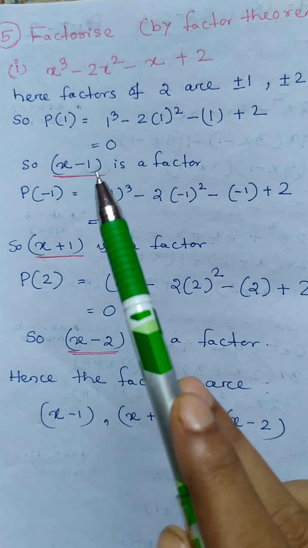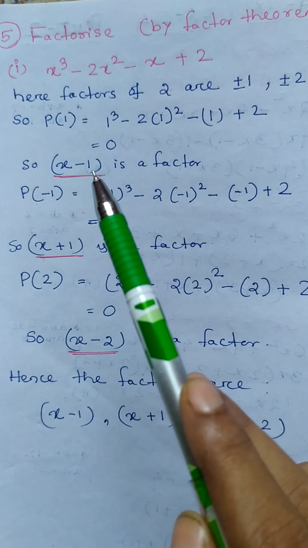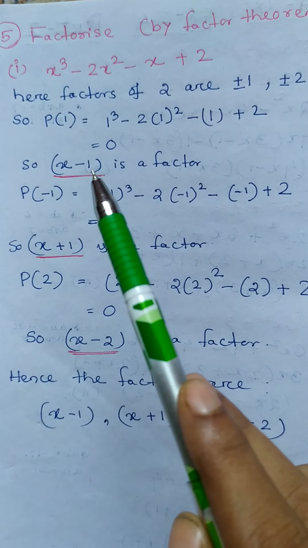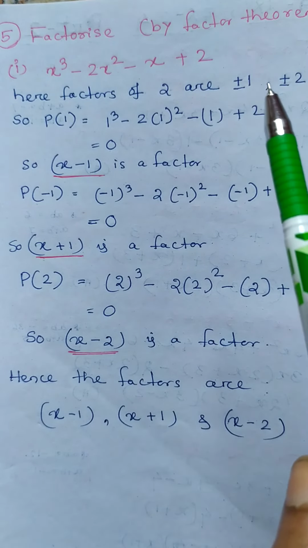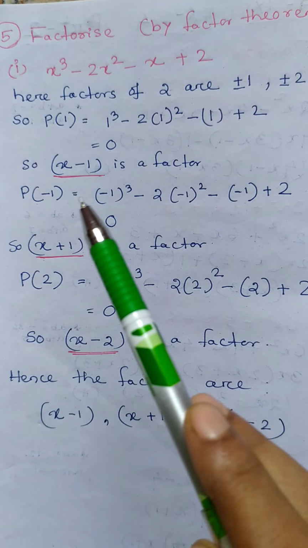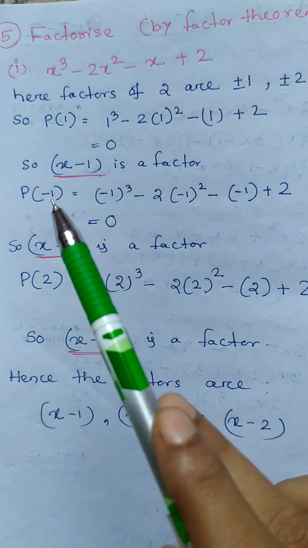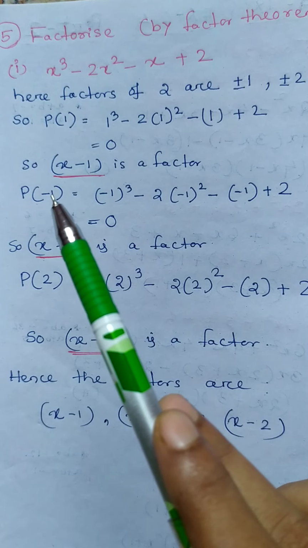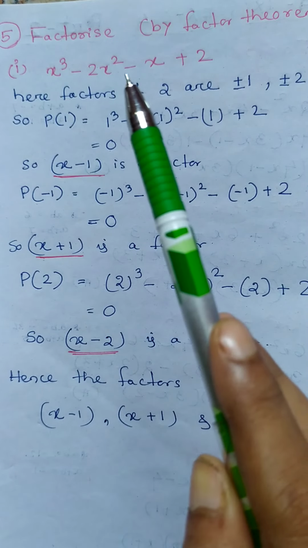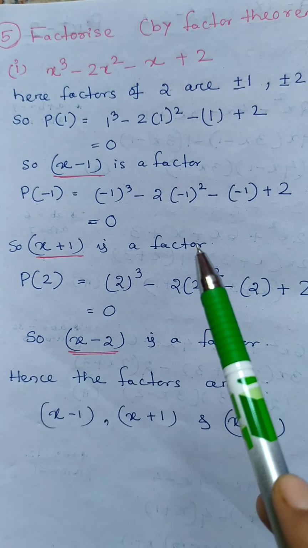Next we have 2 ways. We can divide this polynomial by this one in order to get a quadratic kind of polynomial, or we may go for the hit and trial method of proving or solving the remaining digits as p of 1. So next I have gone for p of minus 1. So now we need to put minus 1 in place of x. So it will again give a 0. So p of minus 1 is giving us a 0. So x plus 1 will be a factor.